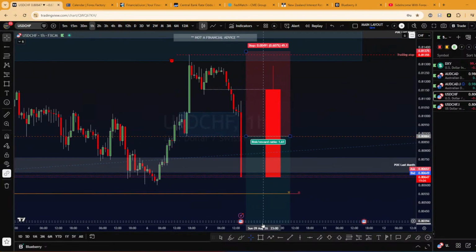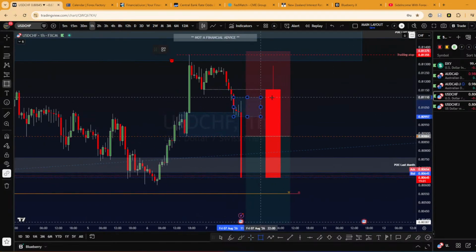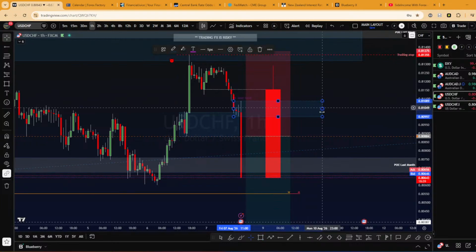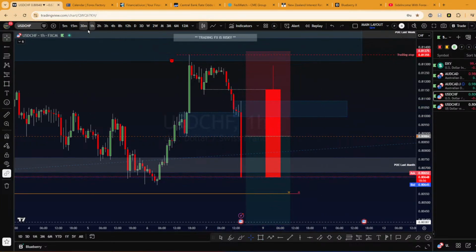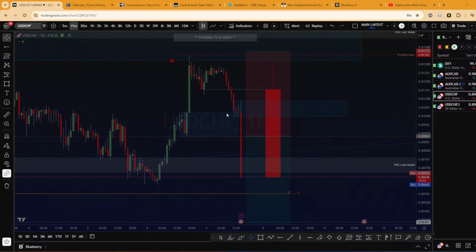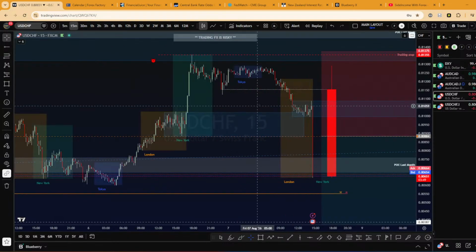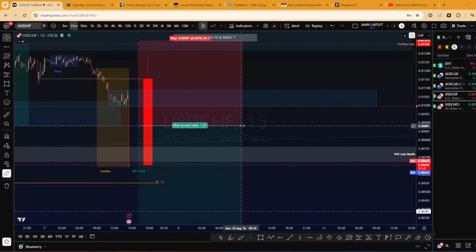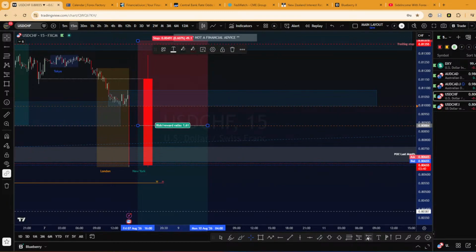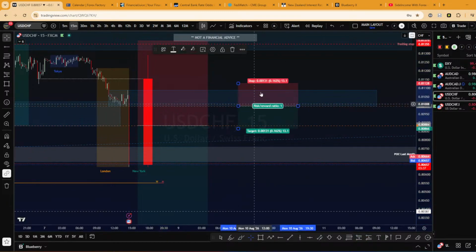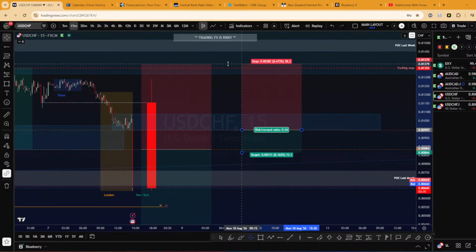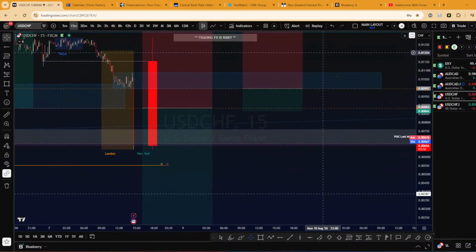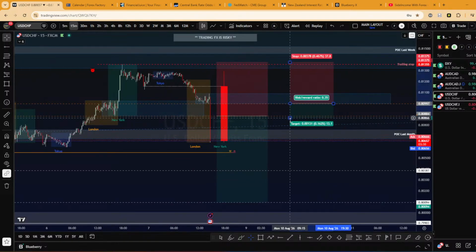Let's see. Price can also retrace around here because the NFP started around here. Yeah, this surprise that was created. So I will put another alert here in case we retrace even higher, somewhere here. The stop will be at the same position.